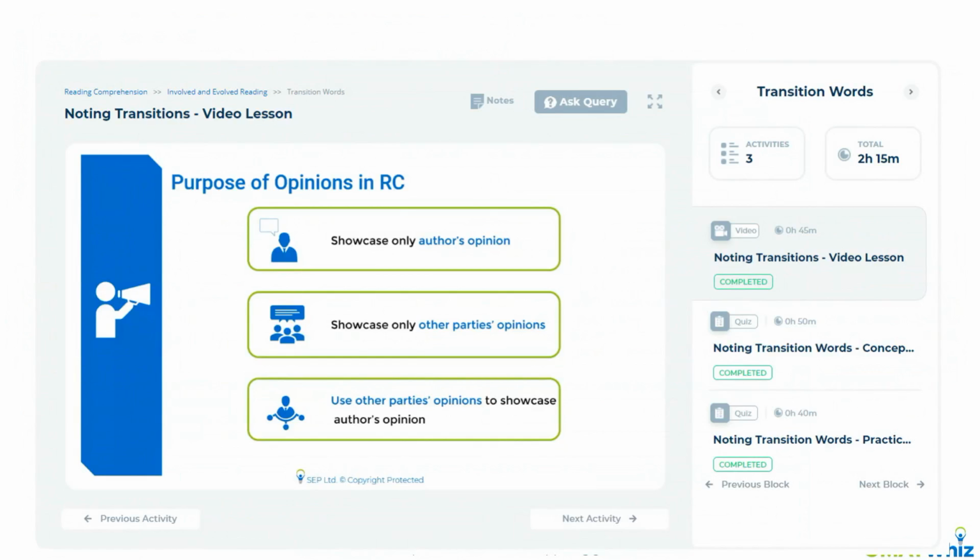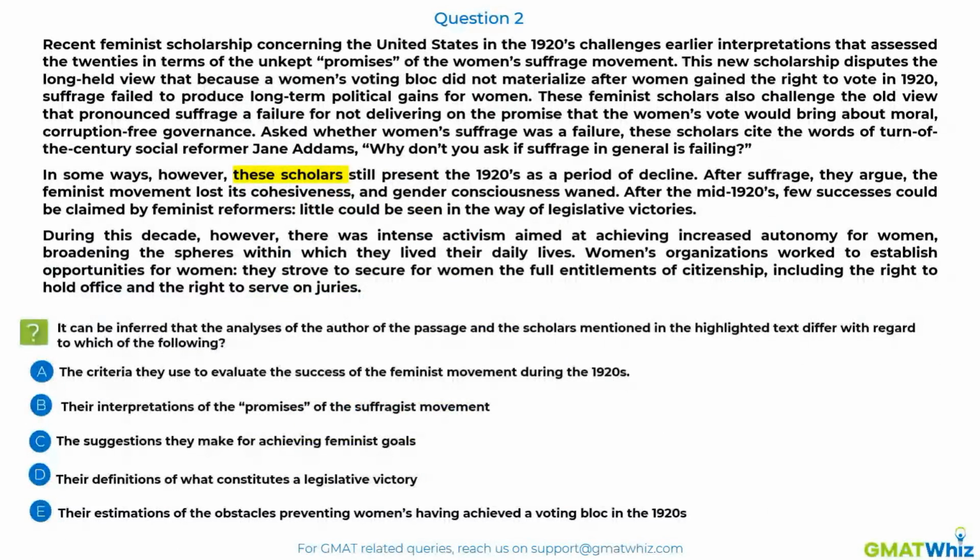We show you, there is a whole portion of the course which is dedicated to understanding how to note the opinions, the purpose of noting the opinions, because you have a lot of questions on them. And here is another question from the same passage for all of you guys. So let me just keep myself quiet. I'll give you 1.5 minutes for this because you might need to revisit the paragraph. I've been talking so much. You might have lost track of it.